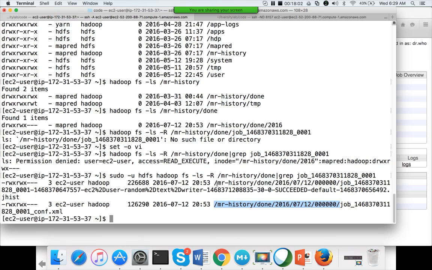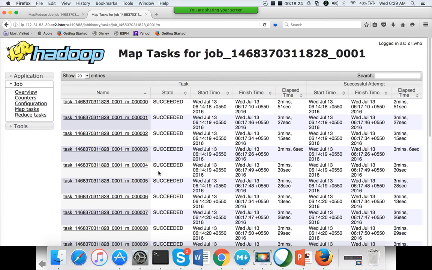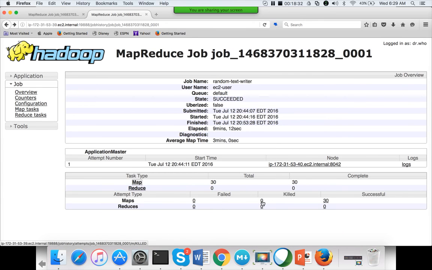Also, you can see there is some other file which stores information. You don't need to get into the details. The only thing you need to understand is, once the job is completed, the logs will be dumped into HDFS, and from HDFS the job history server will start showing the details. Then to troubleshoot the issue, you can click on the map or reduce tasks you see failed. If there are failures, you will see a URL over here. You can click on that and it will go to only the failed tasks, and you can start troubleshooting.